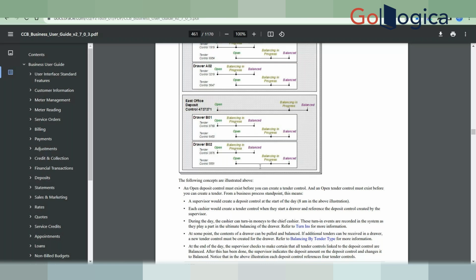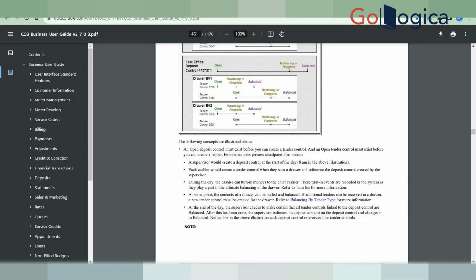If there is any less or more, your deposit control will show underpayment or overpayment. We need to balance that, because in mathematics, even if there is a decimal difference, we cannot balance the tender. So we need to do the correction, either paying from the pocket, or if you collected extra money,